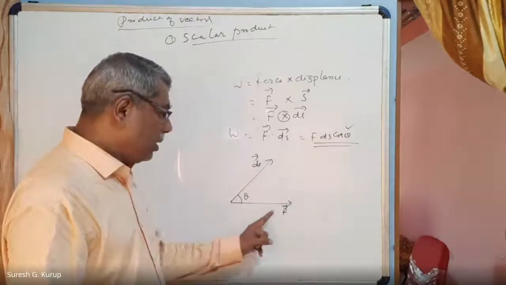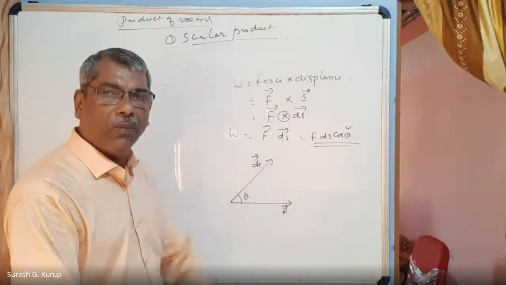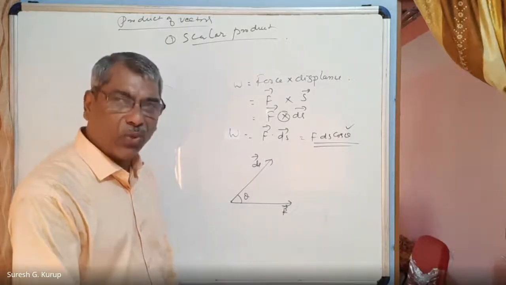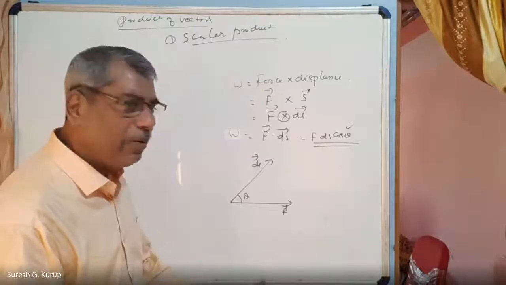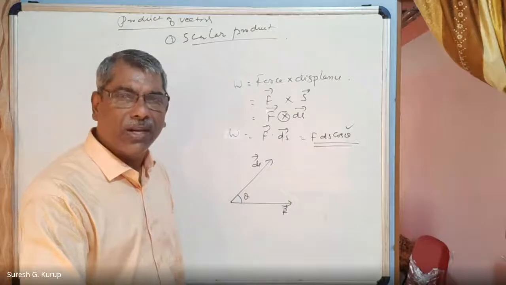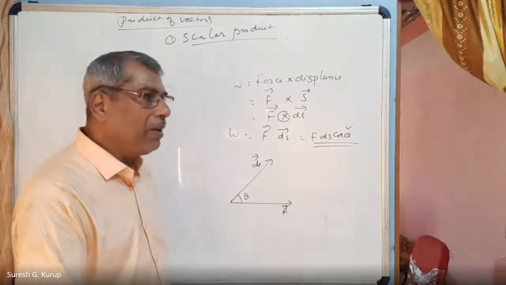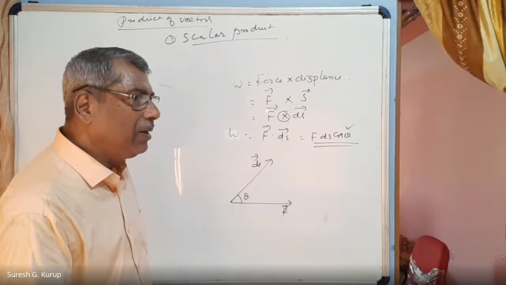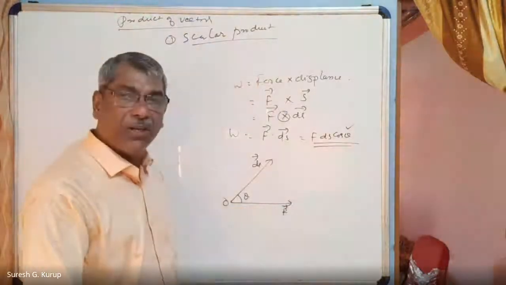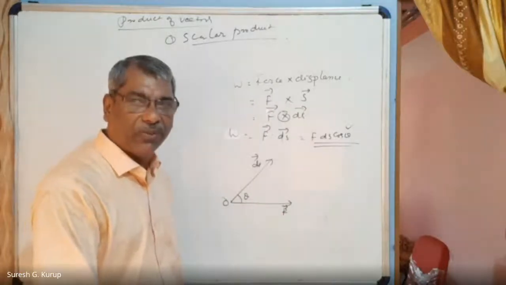Understand? Okay. There are situations, for example, when you kick a ball, you are putting the force in the forward direction, but the ball is moving at an angle theta with the direction of force. That is very common, right? When we play football and other games, and also when we play carroms, this kind of thing can happen. Force is acting on this body at O, and F is acting in this direction, but the body moves in a certain other direction, making an angle theta with the direction of force.